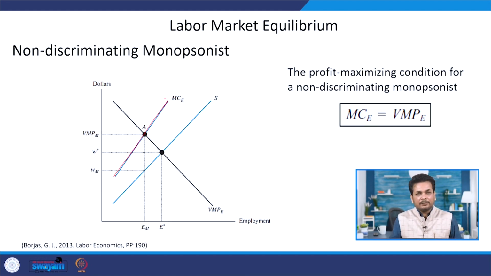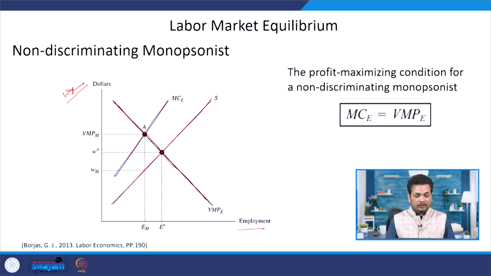the increase in the marginal cost is higher than the increase in the wage rate. If you look at this graph, on the x axis we have taken employment, on the y axis we have taken wage rate, and the marginal cost curve lies above this supply curve of labor, because the increase in the marginal cost is higher than the change in the wage rate. And all the workers are guided by their value of marginal product of labor. So, demand for the labor for the firm is guided by the value of marginal product of labor.